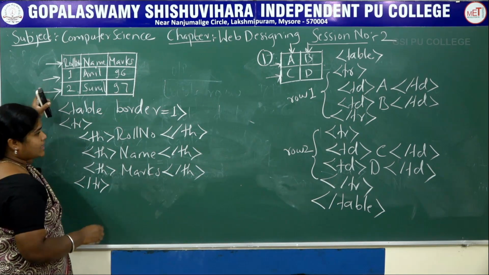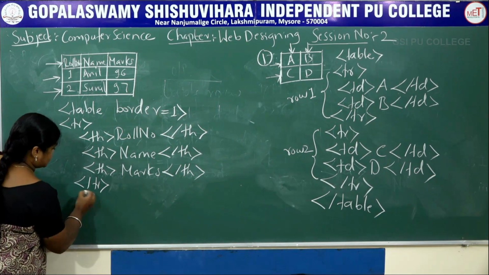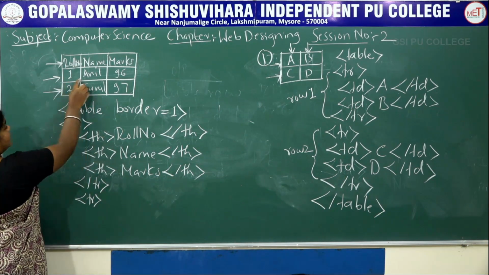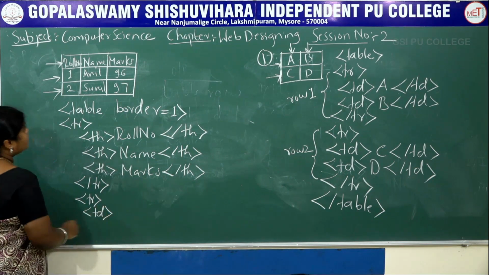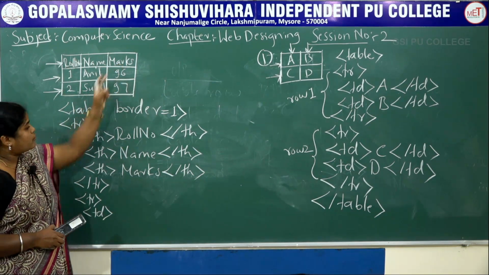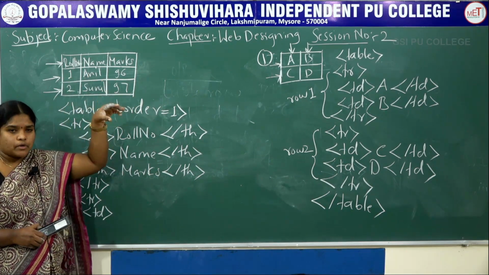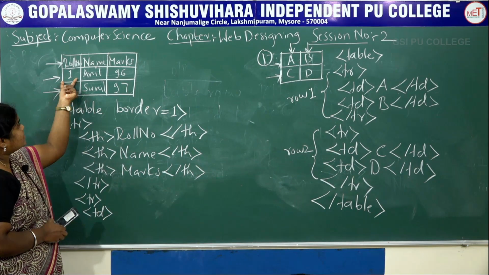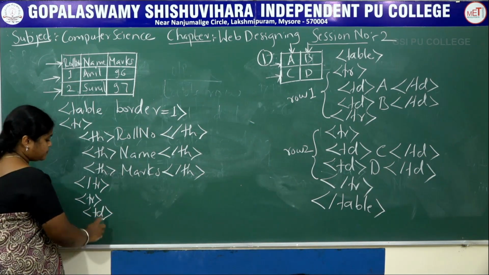In the same way, let's start writing the code for the next 2 rows. So how will it be? We have to start the next row. So new TR will come. Then the first column, that is 1, here it has to be TD. Now here you need to remember the difference. These are all headings, so we have taken TH here. This is the data inside that particular table. So we have to use TD here. So this is the first column in that particular row. So we have to take TD here.